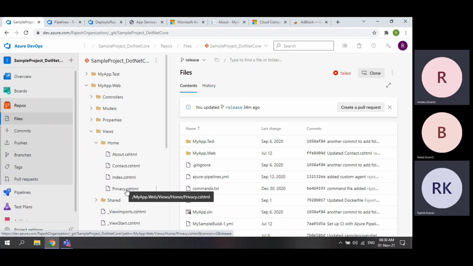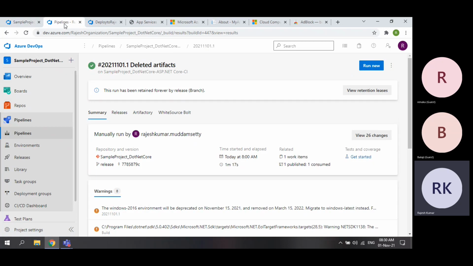Everything. See, code is responsibility of developers. Yes, yes. But that's why I always tell you, as a DevOps engineer, you need to work closely with developers. Why? Because if you remember, when I'm creating pipelines, I selected templates. How I selected templates? Because I know what is there inside the code.